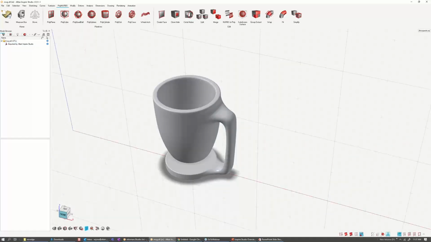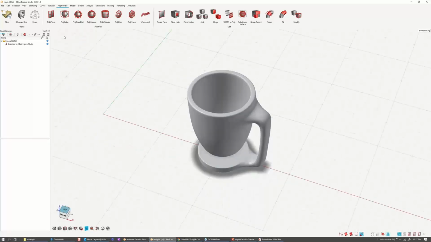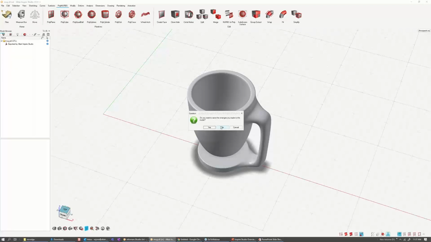So that's a quick look at how you can use polyNURBS. But let me show you some other examples where polyNURBS is more often used. So I'm going to open a